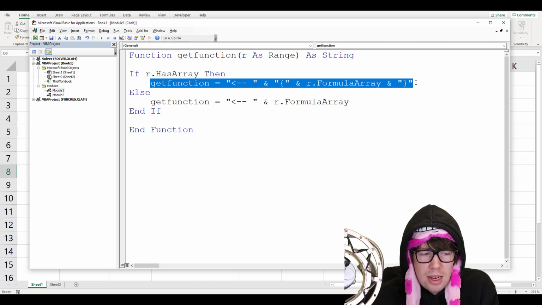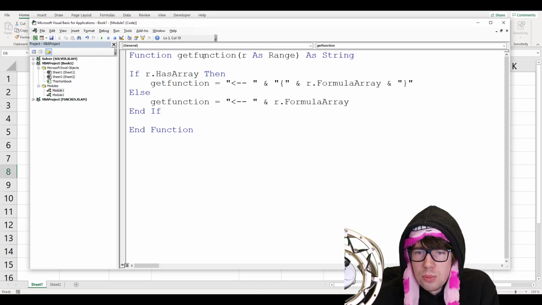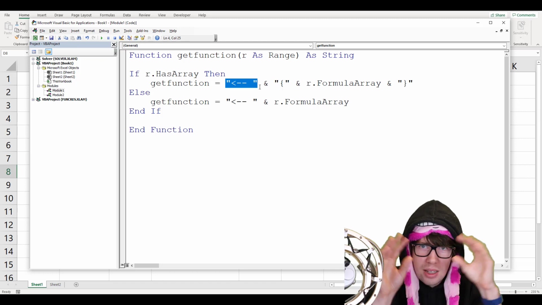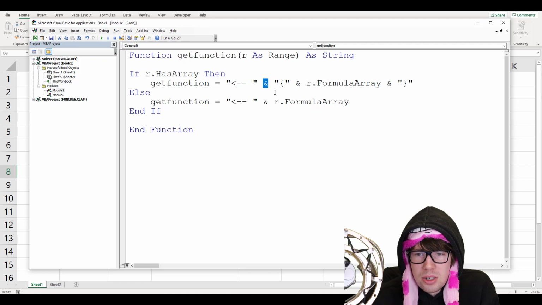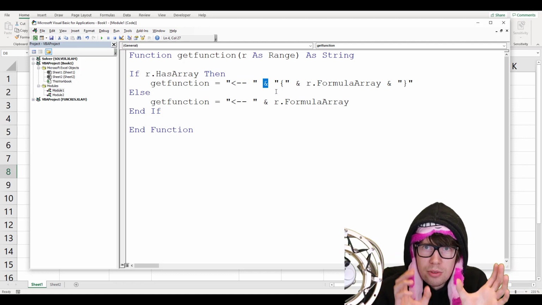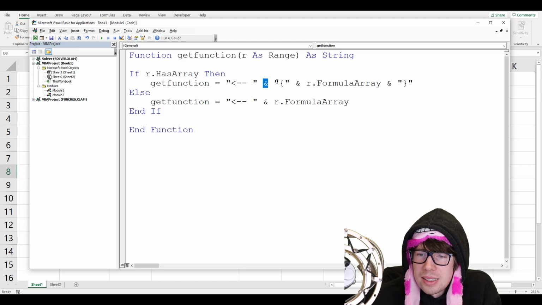So if there is an array function and not just a normal worksheet function, then the output of the get function is going to be a concatenation of different things. So I have hard-coded a string here, which is just this less than sign and two minus signs to kind of create an arrow, right? That's just a string. And I concatenate it, the ampersand here, that means to merge together things, strings, with another string here, which is just this curly bracket, and then concatenate it with